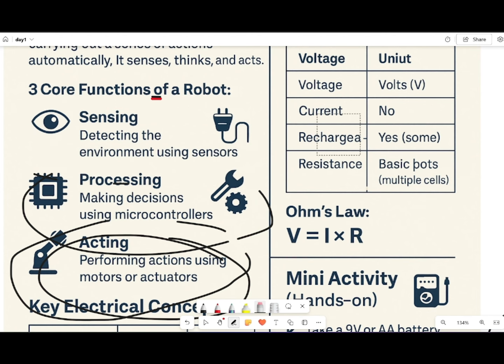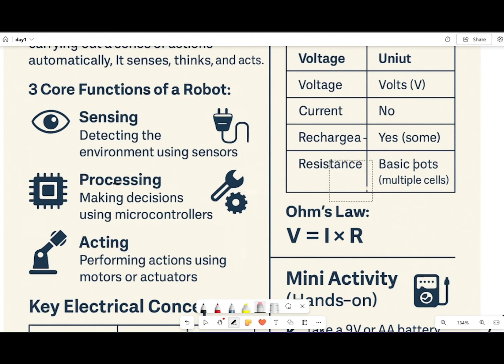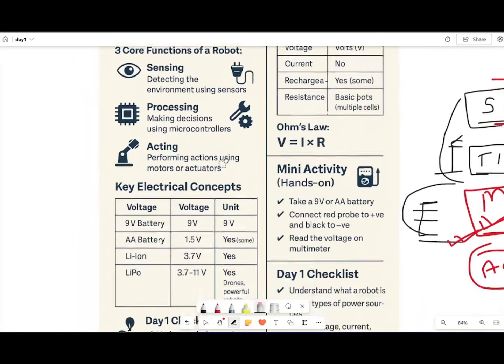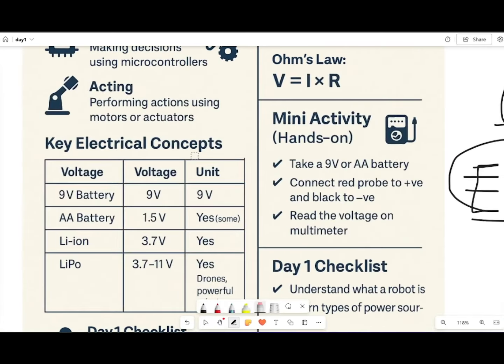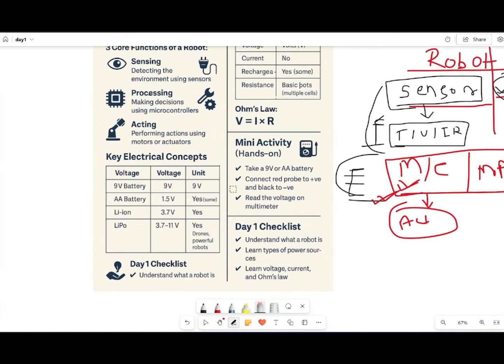And let's move to the forward. It will be the basic core function of the robot, but we all know,